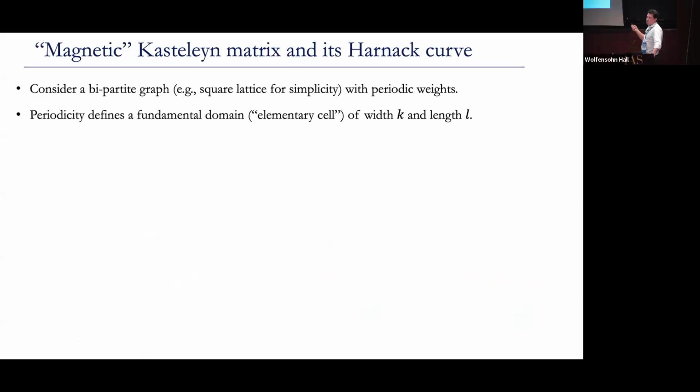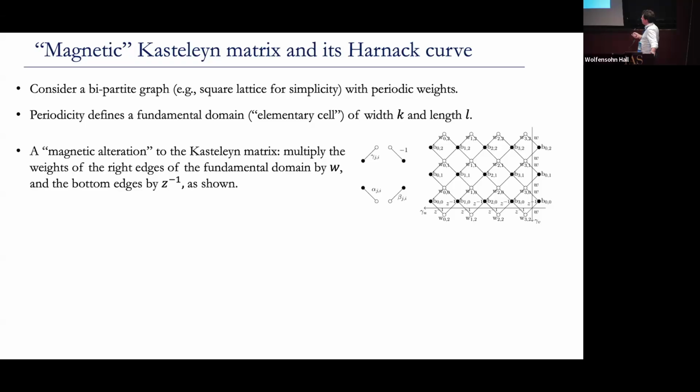The way it works is that let's say you have a bipartite graph, let's say a square lattice for simplicity with periodic weights. Let's just establish that. It's more general than that, but that's not the point. It defines a fundamental domain, basically an elementary cell, just like in solid state physics, because of periodic weights. Let's say of width k and length L in 2 dimensions. And what they do, they define what they call a magnetic Kasteleyn matrix. It doesn't matter why it's magnetic, although it has a relation to gauge theory, where they assign additional